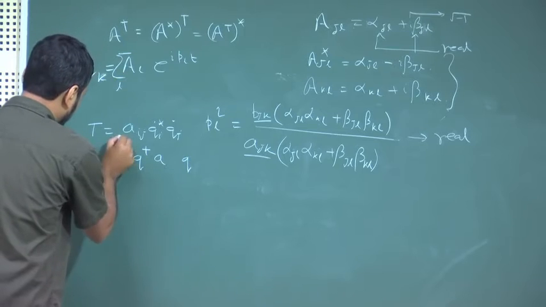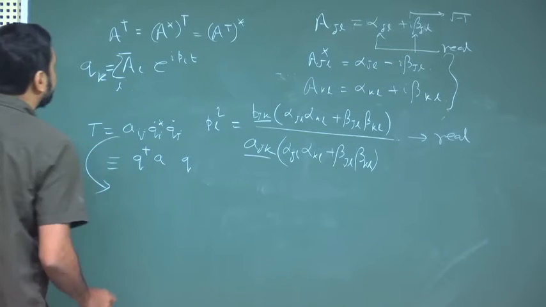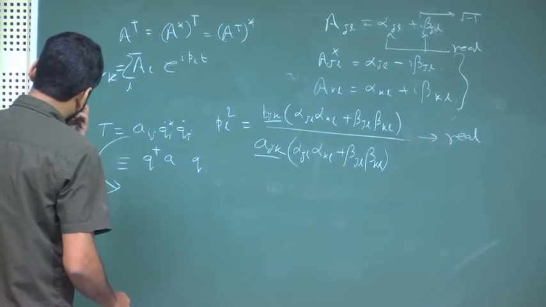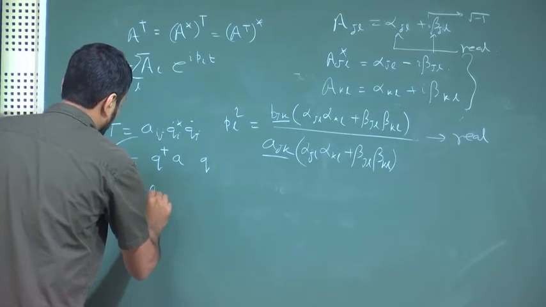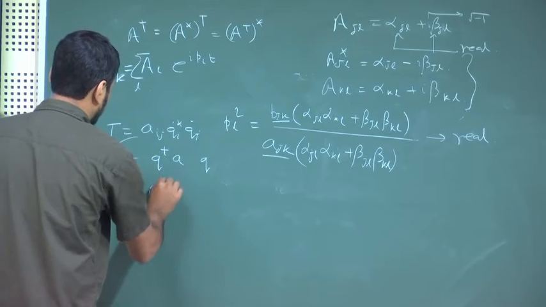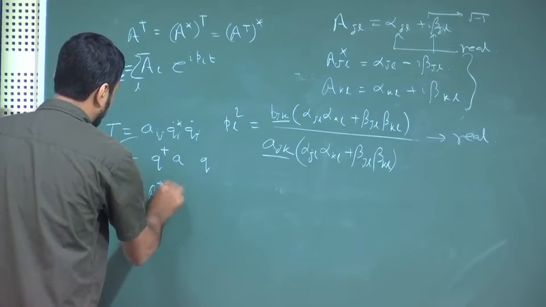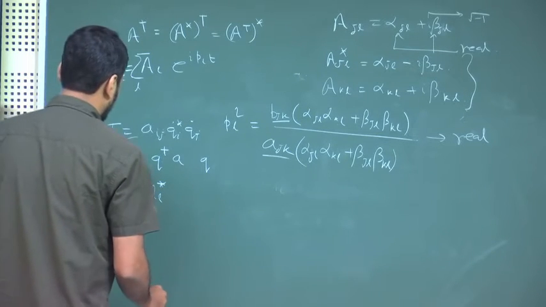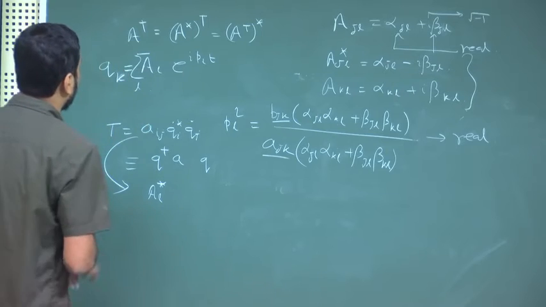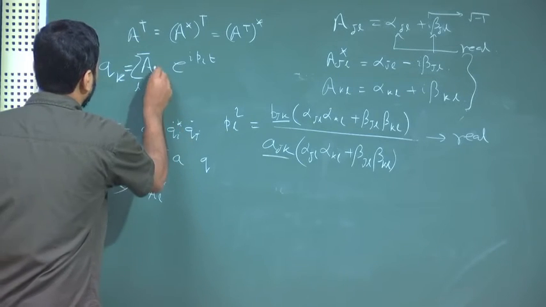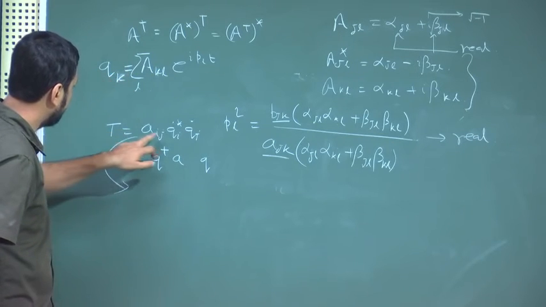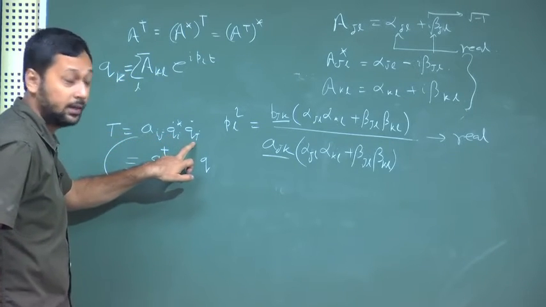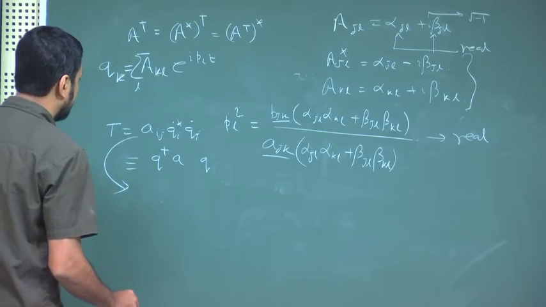So, if I take this particular form, it will be Al star, just a minute, it will be two indices. First of all, it will be Kl. So, if I substitute this for Qi and Qj, we will get